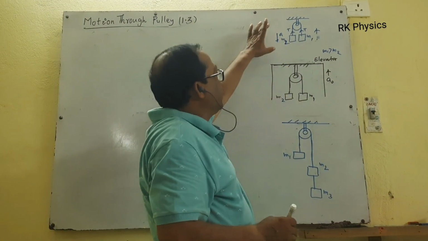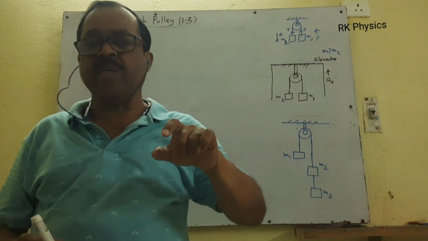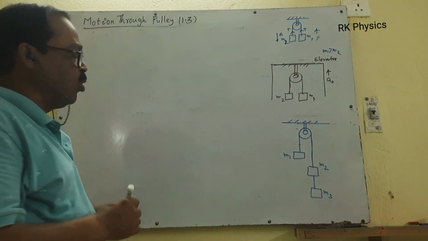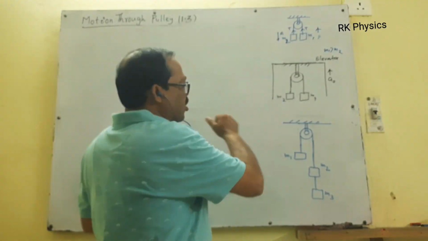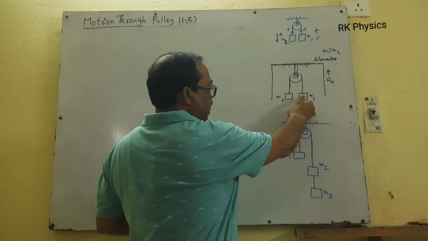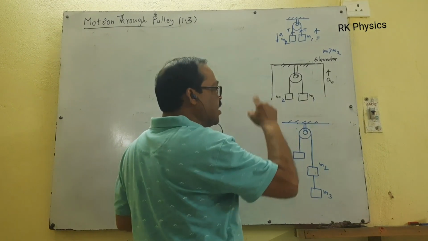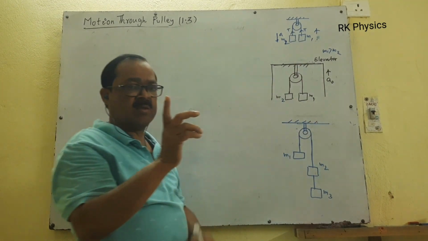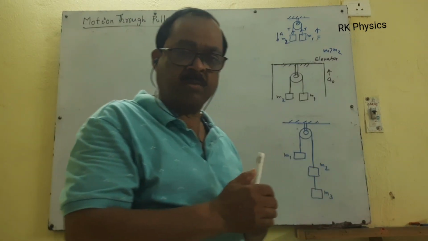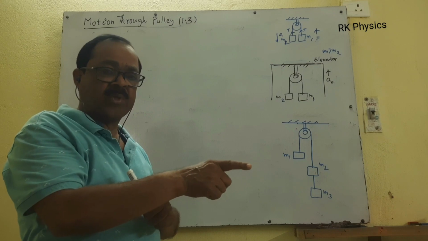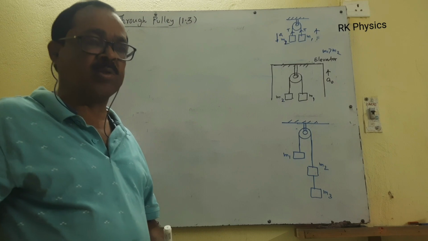Leave it. Now, in this video, if this system is fixed or suspended in a lift, how can you solve the problem? We will discuss these things in this video. Consider M1 and M2 are masses. M1 is moving down and M2 is moving up, and at the same time the lift is moving up. It is like walking within a train while the train is moving, either along the direction of the train or opposite to it. That means there are two motions simultaneously.